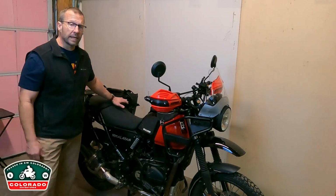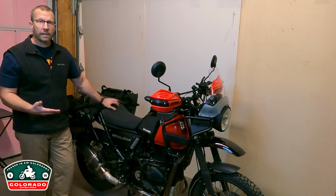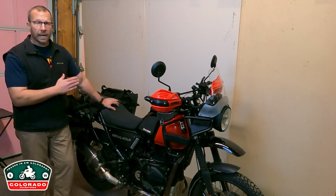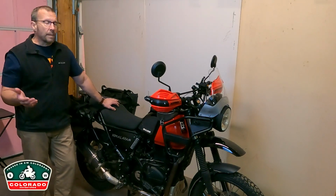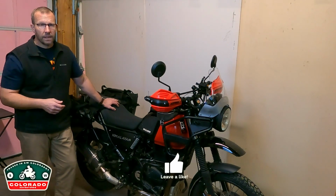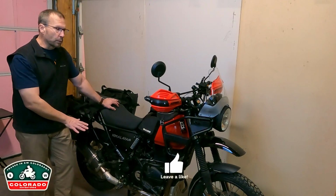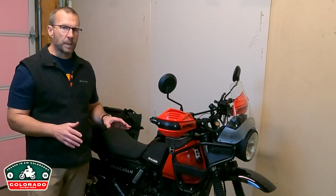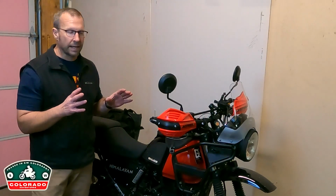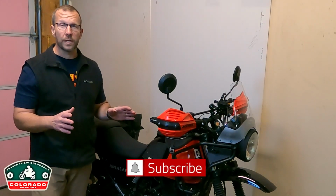So the weight of the Himalayan is around 440-ish wet. That's on the lower side of the adventure touring bikes out there. The other bike that I was looking at before I bought this one was the Yamaha Tenere 700, and the weight is about the same as that one. Now, it doesn't have the clearance. That's one of the drawbacks that you get with a lower seat height. 440-ish pounds does not feel unwieldy on this bike at all,